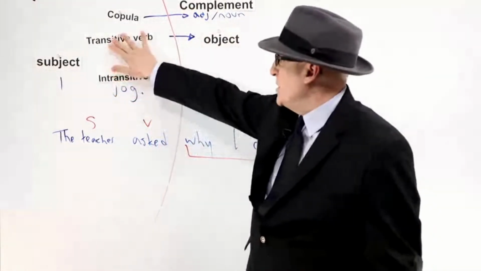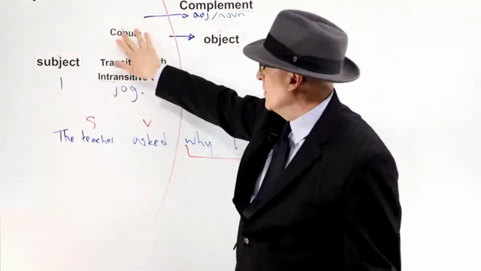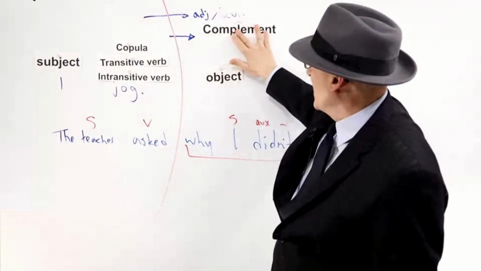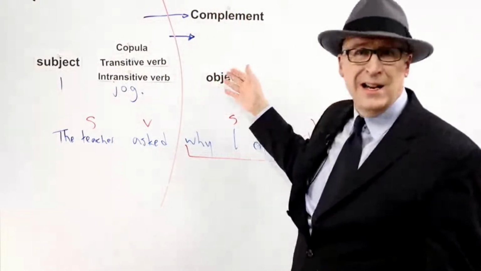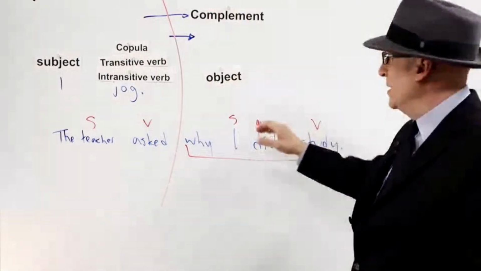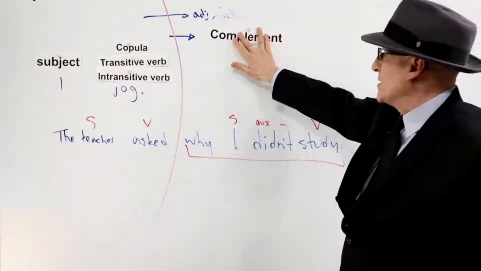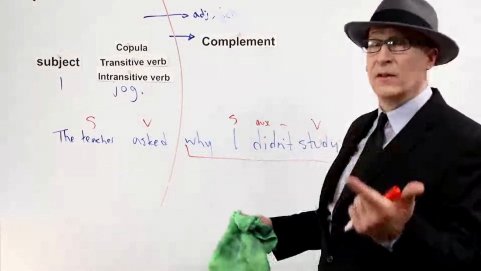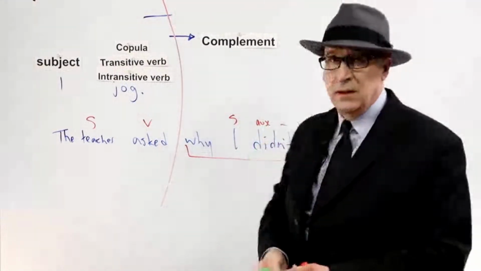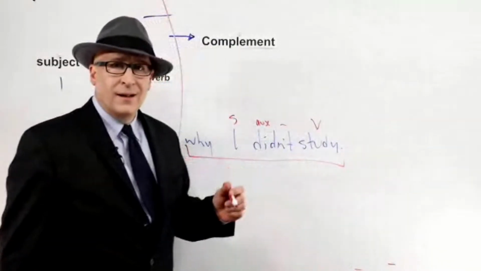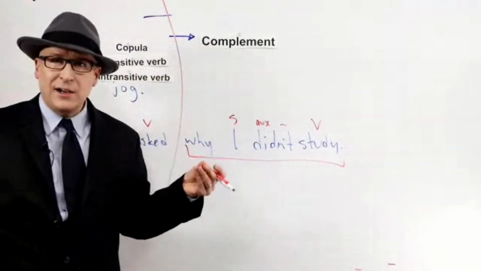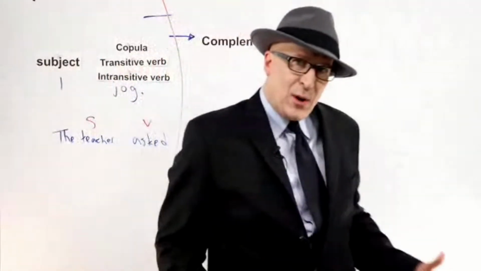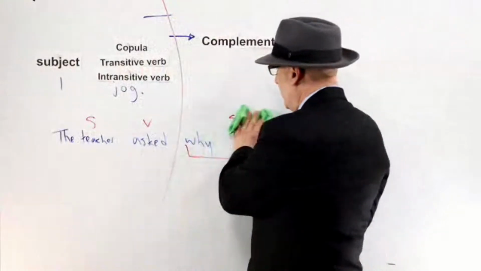Right? Subject, transitive verb, intransitive verb, or copula, 3 categories of verb. And then we have all this different stuff that can come after the verb. Objects, adjectives, clauses. But they're all complements. So complement isn't a part of speech like noun, adjective, or verb. Complement is not really even a grammatical thing. It's a category of meaning. Right? All the things we looked at express different meanings. They finish the meaning of the verb.